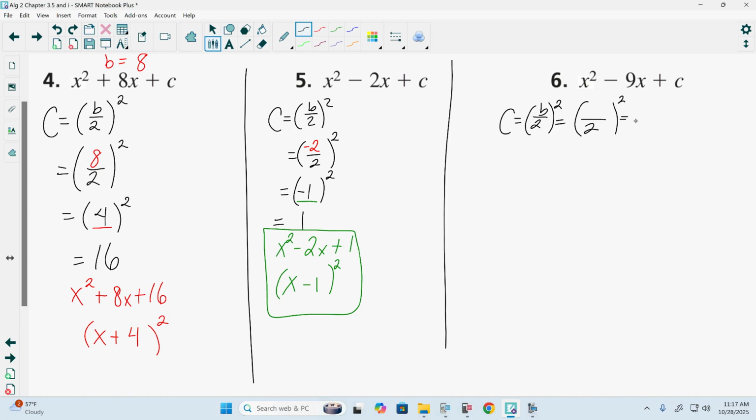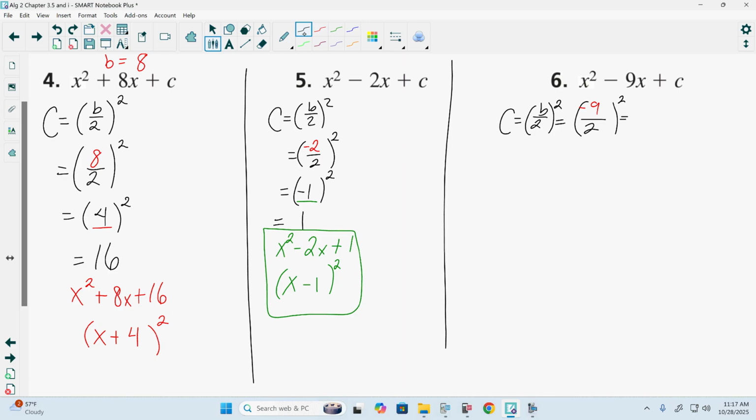Or this one here, x squared minus 9x plus c, our middle term, our value b is what? Negative 9. Does negative 9 divide by 2 nicely? No. And especially with these here, when I'm starting to say nice, I mean it divides evenly. If it turns it into a decimal, at this point, especially with quadratics, I'm going to leave it as a fraction. As much as we dislike fractions, fractions are going to work nicer and better than decimals. Especially if we're having to take square roots of decimals, it's easier to take square root of a fraction, or having to